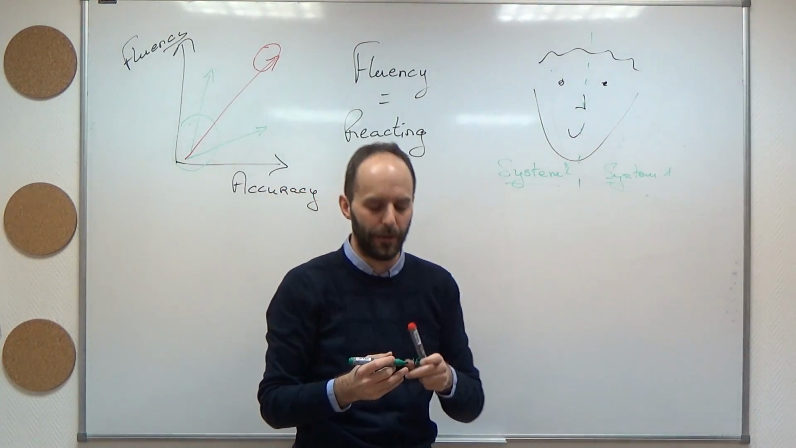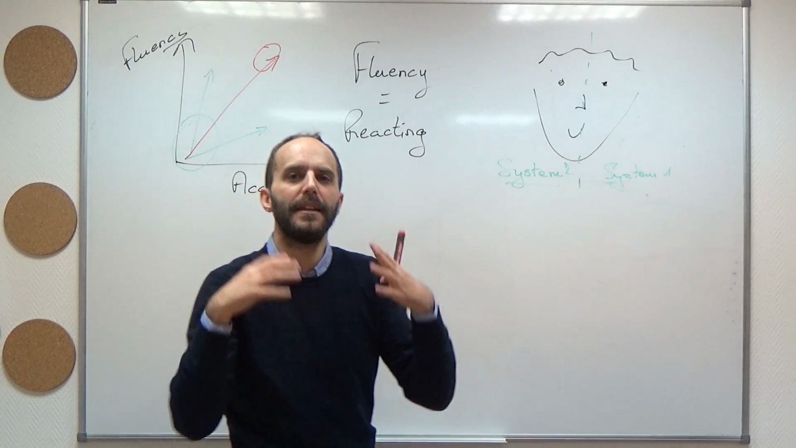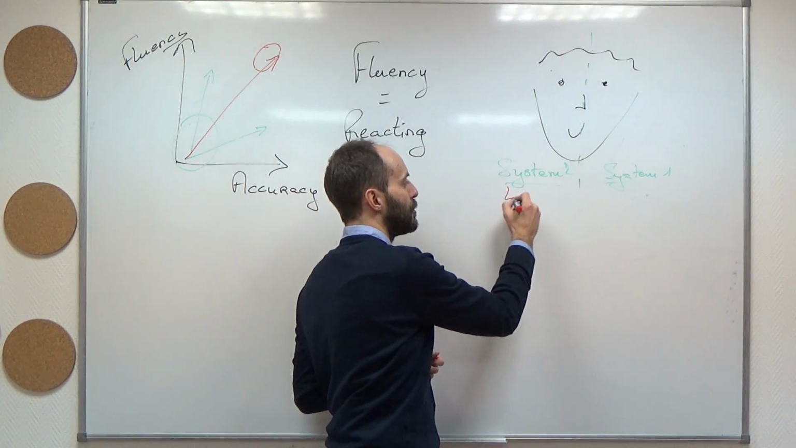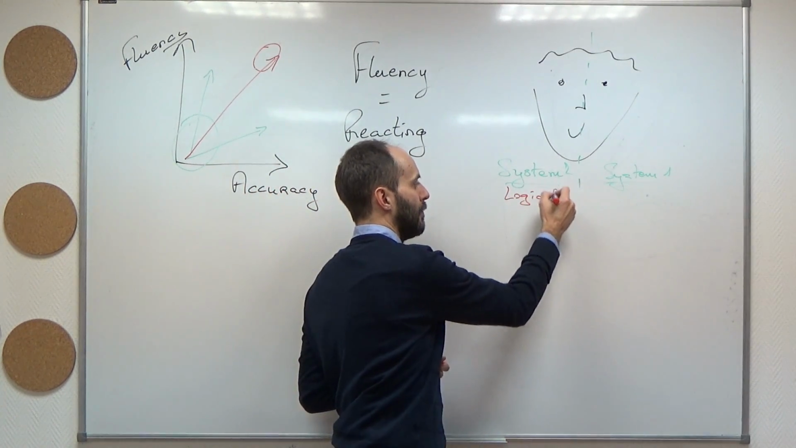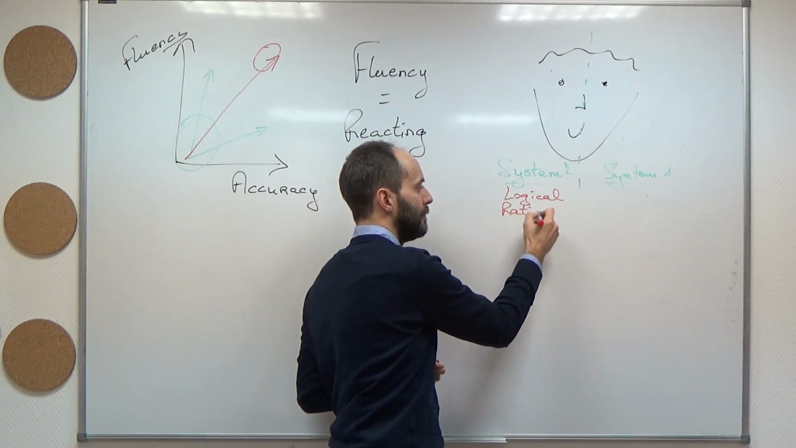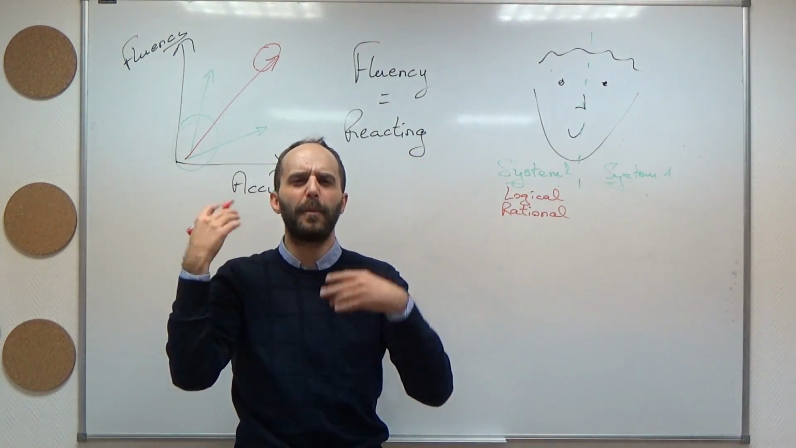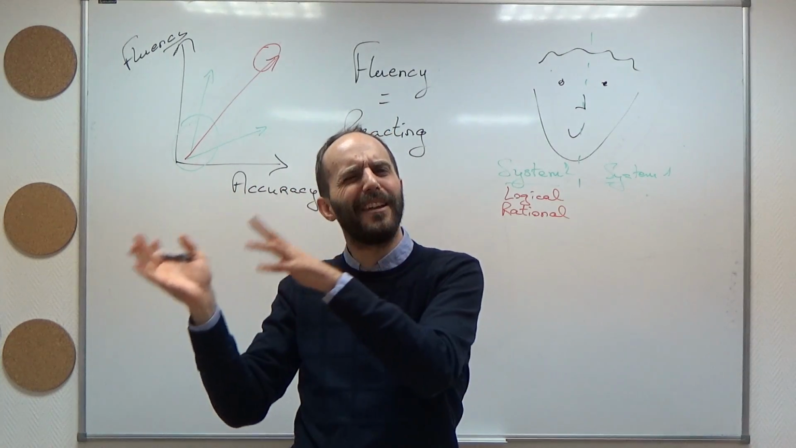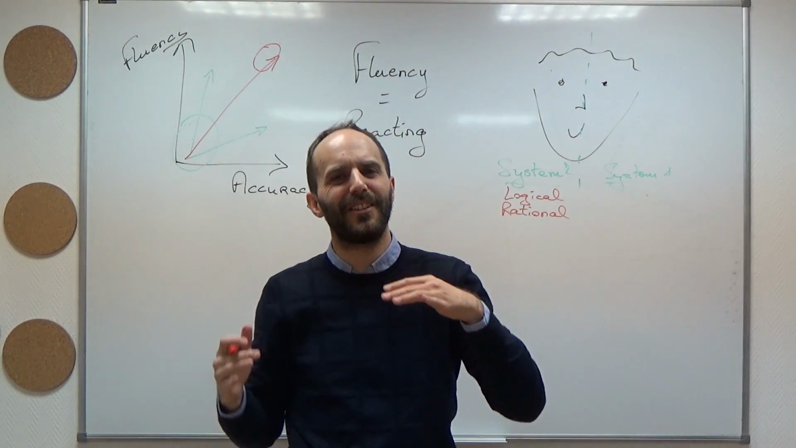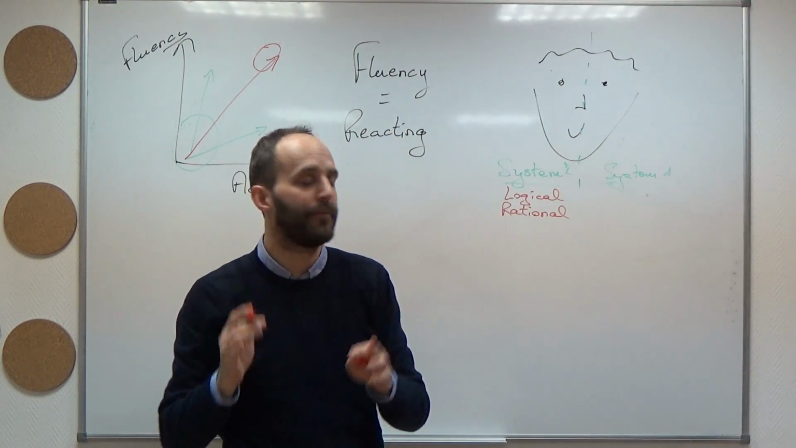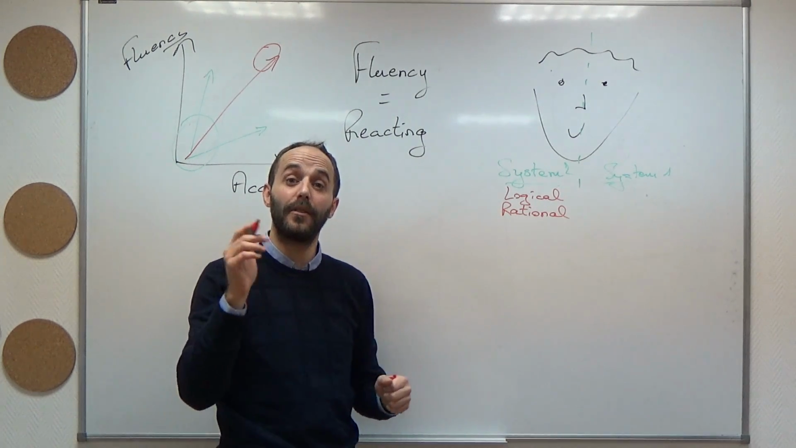System 2, System 1. System 2 is the logical part of the brain. Rational. It spends time to think, it analyzes the pros and cons, it makes decisions, it draws conclusions. System 1,